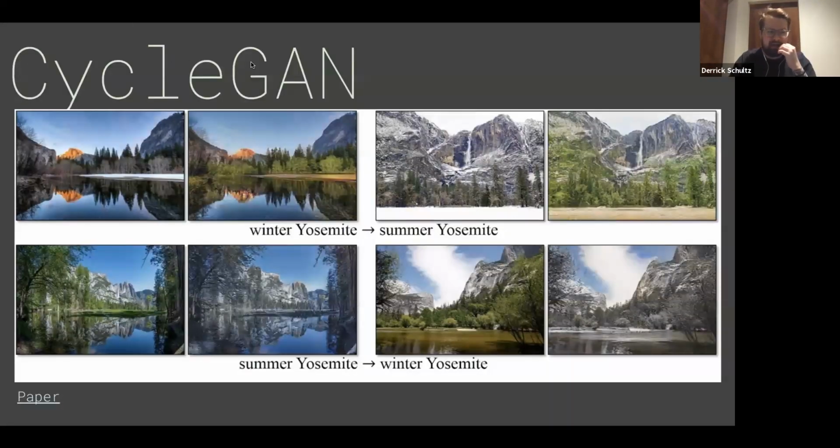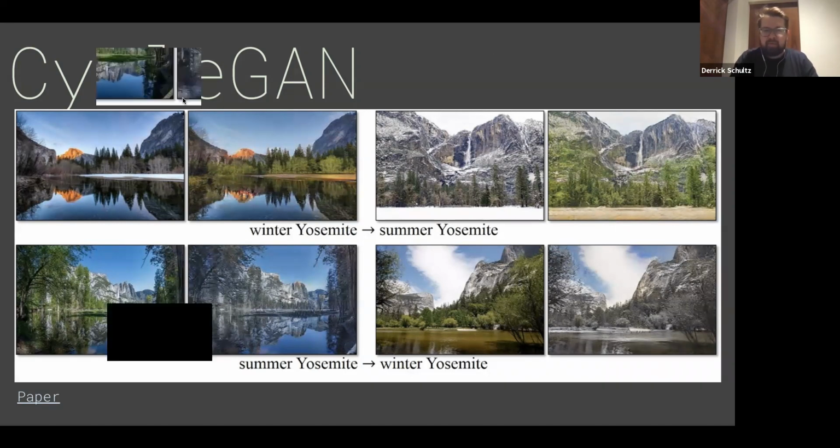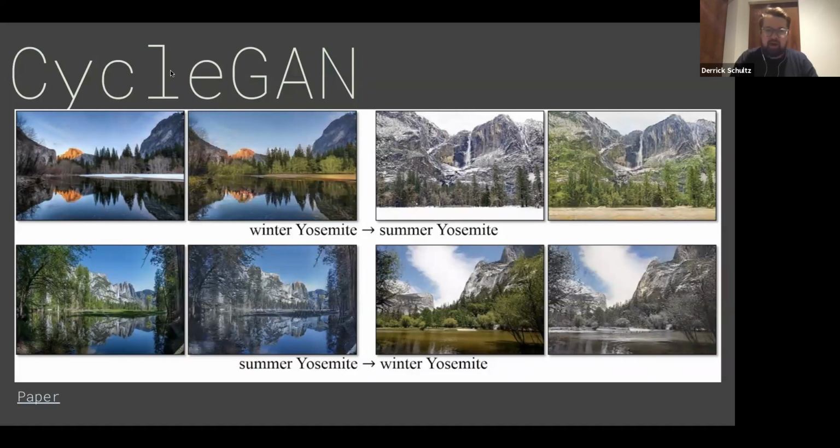This is a case where they took winter photos and summer photos that were not the same location, and said the model has to learn how to translate these two. And it was surprisingly good at doing it, right? If you look at this, you'll see it can take summer images and add wintry stuff to them. It learns that the way to do this is to add some white to the mountain ranges, or make the ground entirely white. In the case of this water scene, I think it's pretty interesting. It still learns to generate ice. So this is really, really fascinating.